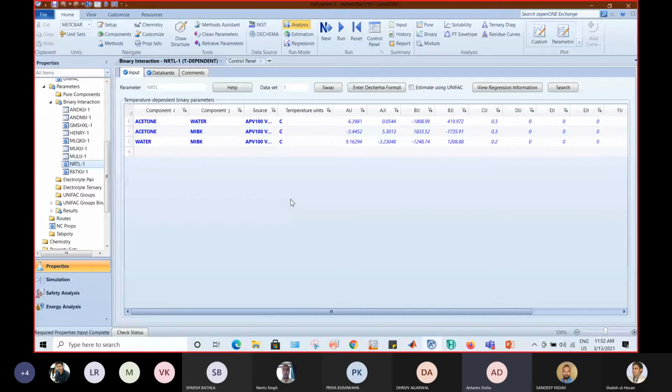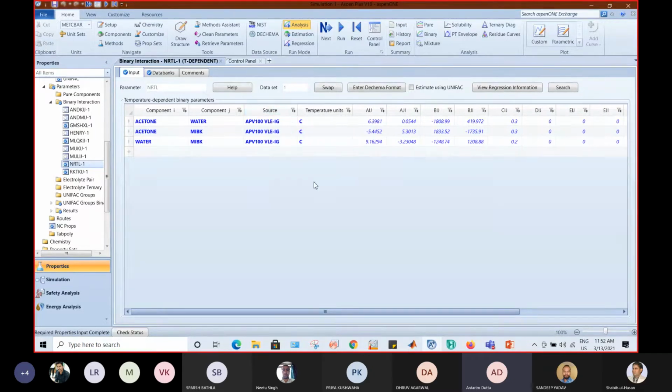Once I selected this, I obtained this particular databank, which is nothing but the interaction parameters that the components have with one another, that is, how the components interact with one another. I will be explaining this later. For the time being, we will not be able to understand it, I guess. Just consider it as an interaction parameter, and once I explain the different thermodynamic models later, if possible, I will tell you what exactly these things are and how they affect any model or calculation procedure.